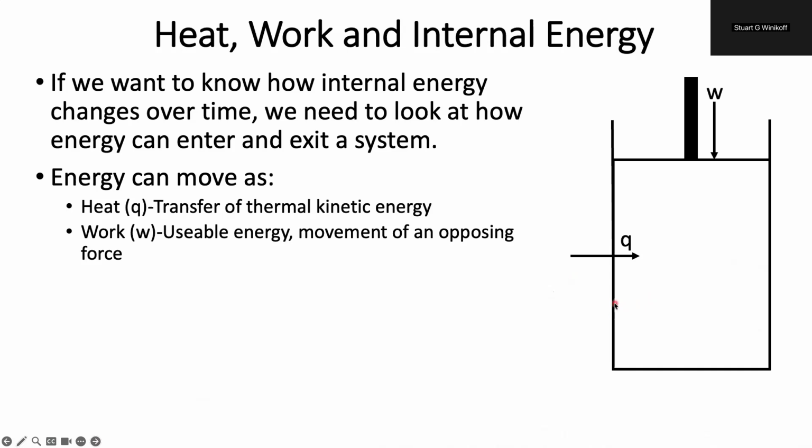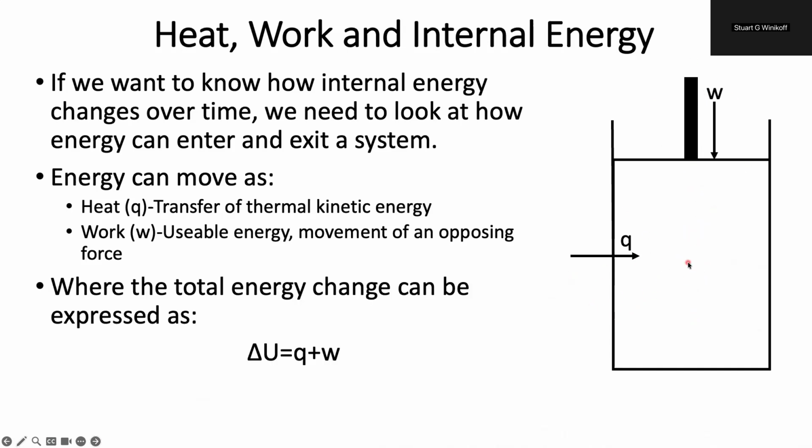physics is this work that we brought up last time. So work is going to be the usable energy, the amount of energy I can use to make this system move against an opposing force. So either I can put work into the system or pull it out of the system. Now, if we're mostly assuming that energy can enter or exit the system either as heat or work, this means I can express the change in internal energy as just the sum of these two.